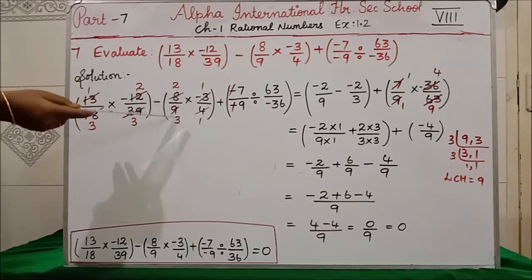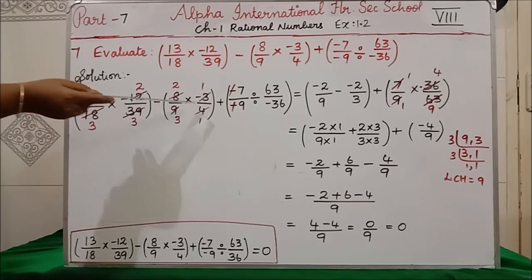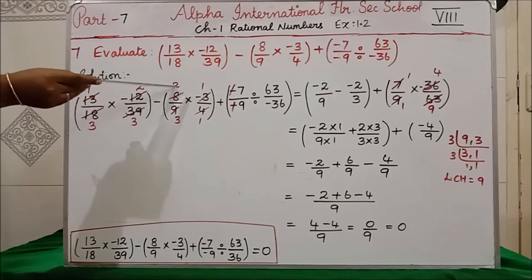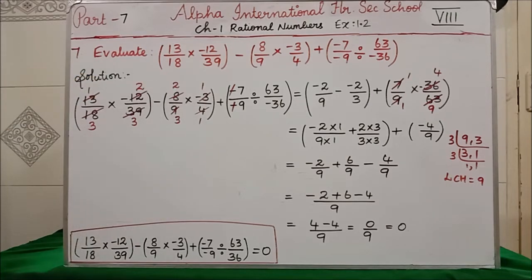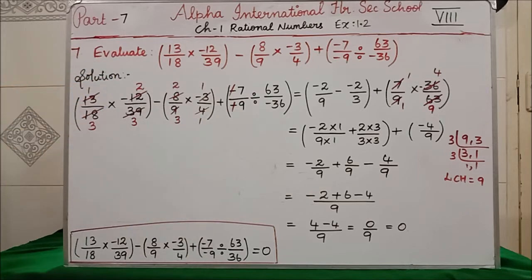You have to see that if both are not getting cancelled, then you have to see in the cross. 4 and 8 will get cancelled. 4 how many times? 1 time. 8 how many times in the 4 table? 2 times. Similarly, 3 how many times in the 3 table? 1 time. 9, 3 times. Clear? The next part what they have given. The last part is minus 7 divided by minus 9.